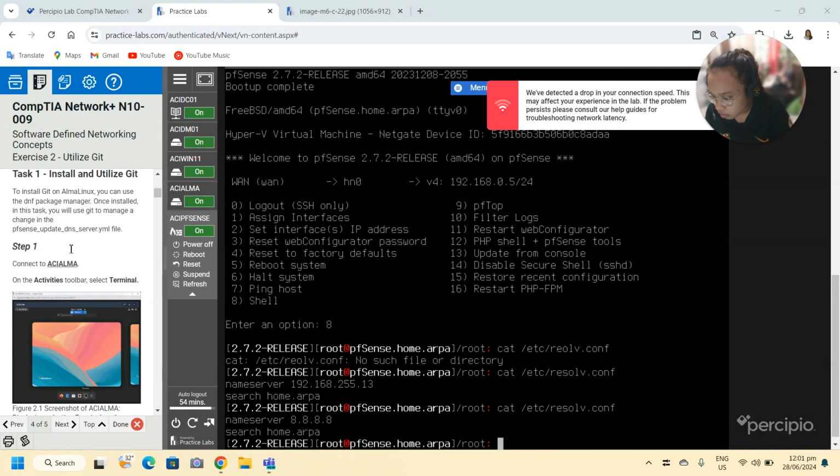So task 1, install and utilize Git. To install Git on Alma Linux, you can use the DNF package manager. Once installed, in this task we will use Git to manage a change in the pfSense update DNS server.yml file. So connect to